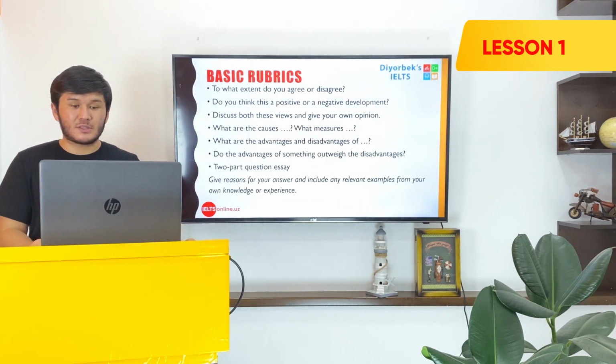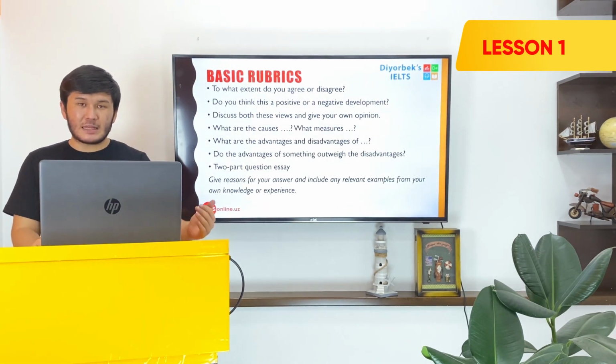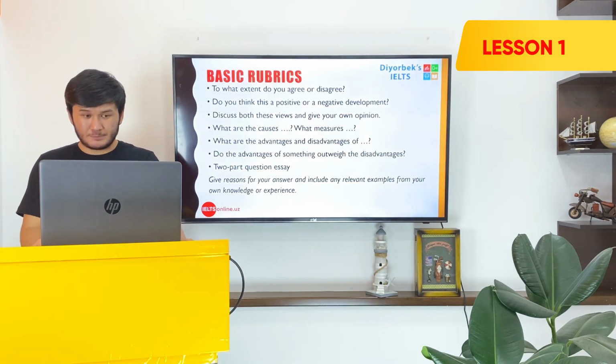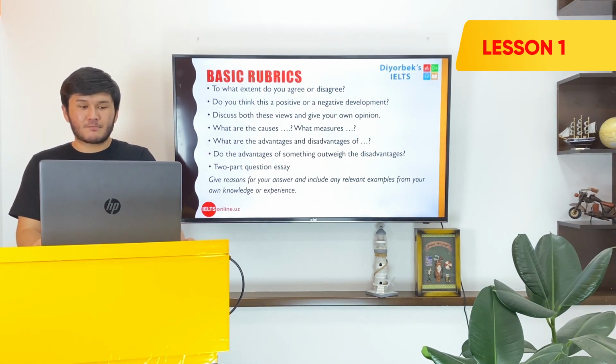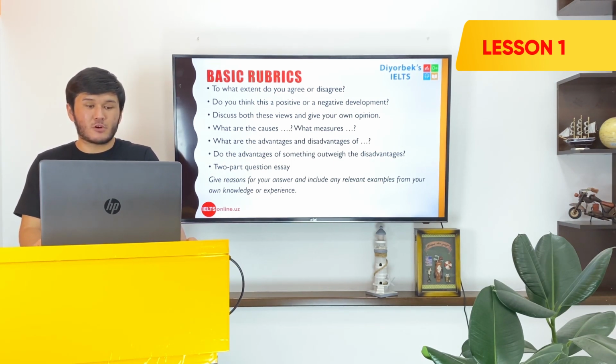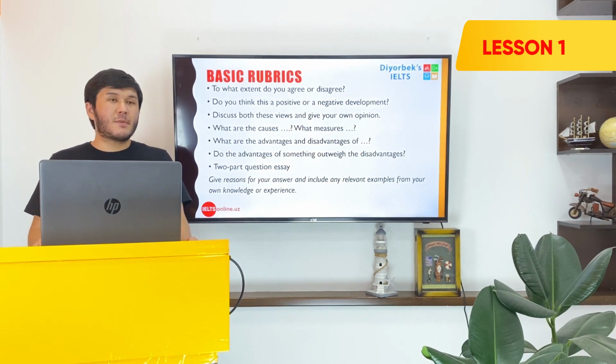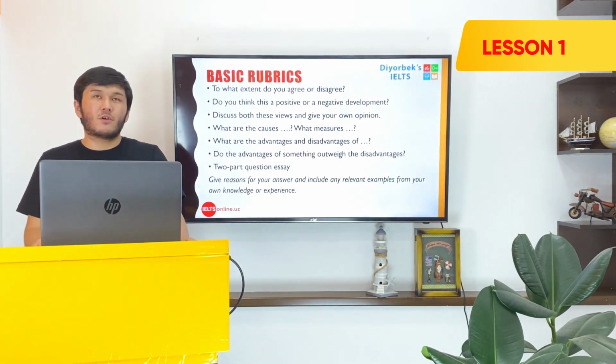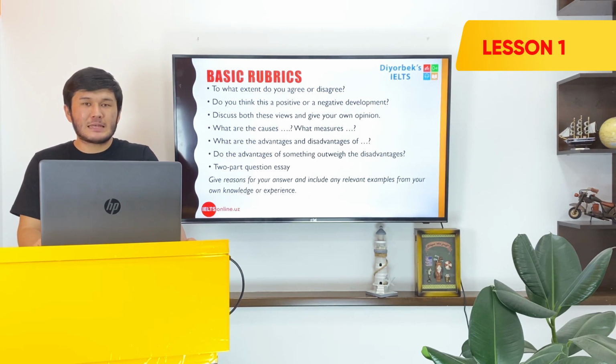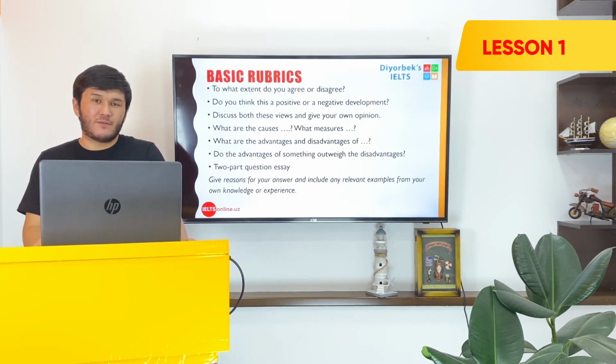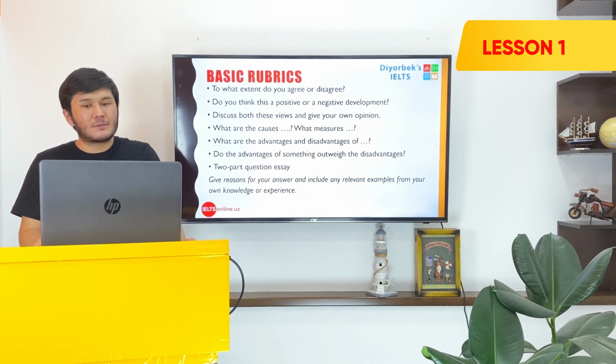Do the advantages of something outweigh the disadvantages? So you will be given a statement, and then you will be asked these questions. And at the end: give reasons for your answer and include any relevant examples from your own knowledge or experience. As you can see, you need to give reasons for your answer. If you remember in our very first slide, for us to be able to get band 9 in task response, we need to have a fully developed position. To develop that position, you need to present an argument. What is presenting a clear argument? Basically,